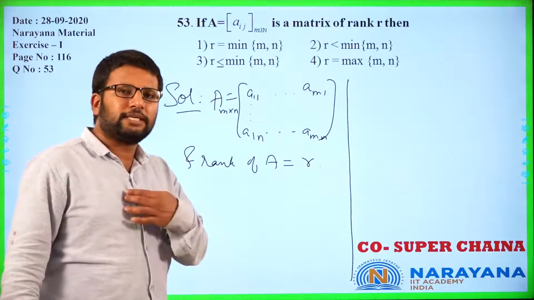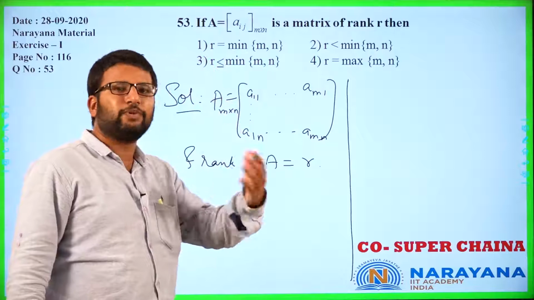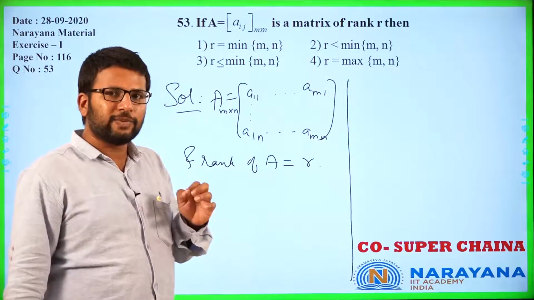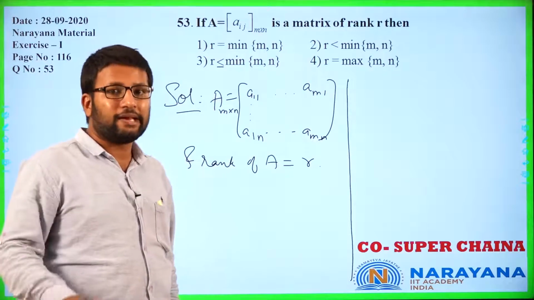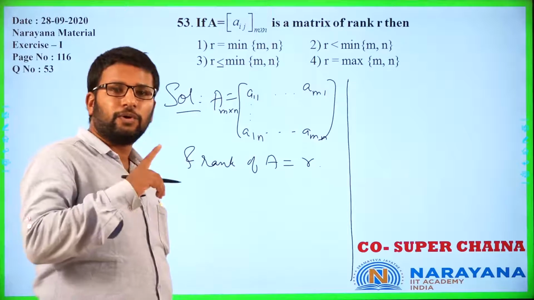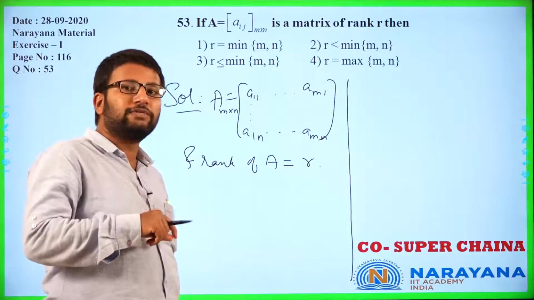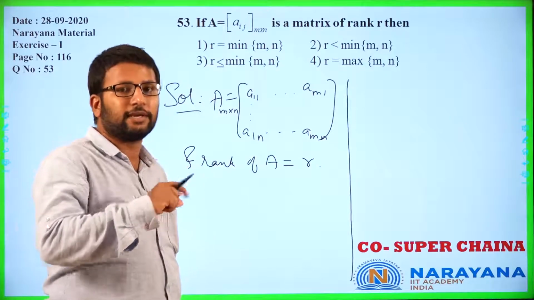Now when we are talking about, let's say, the rank of a square matrix, then we know if it's a 3 by 3 matrix, rank can be 3. If it's a 2 by 2 matrix, rank can be 2. But people get confused when it is a rectangular matrix, let us say 2 by 4. Can rank be 4? No. Because rank is the order of the largest non-zero, non-singular submatrix.